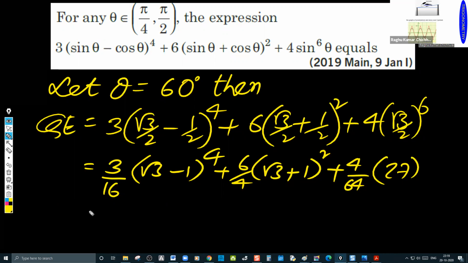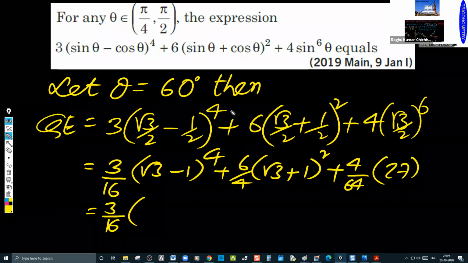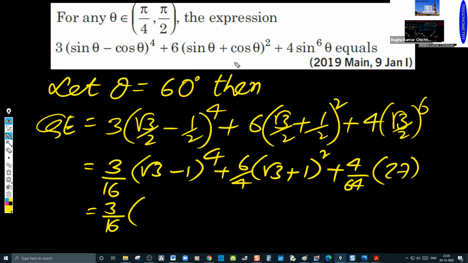Now, you have to expand this to get the final value. It is more simplification, but the options are given in terms of sine and cos only. I have not taken the options. If you see options that contain sine and cos, then you will put the same value in the options also. Whatever value is suitable or equal to this, we will take that value.